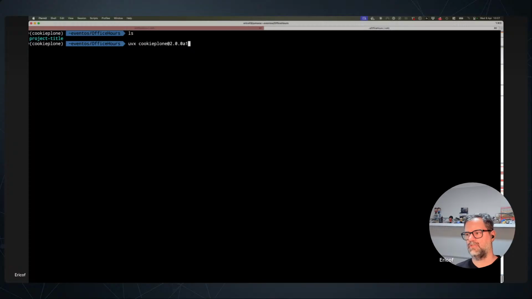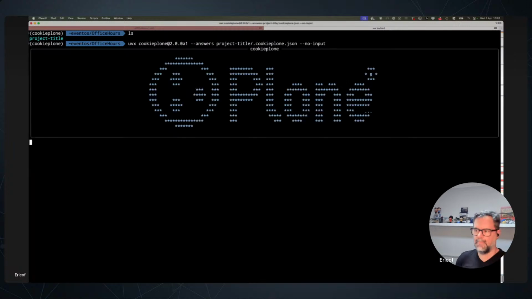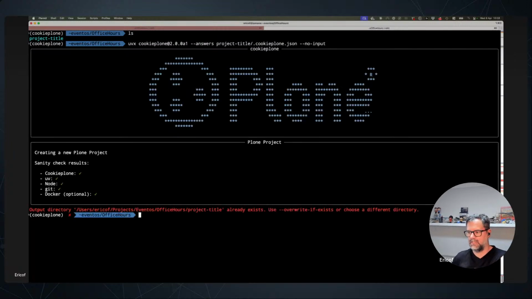So what I'm going to do is, using the answers already present in here, if I try to run this, and I'm going to say no input first, it's going to complain to me that, oh, there's already a repo in place. Maybe you should use this. There's a shortcut, I believe it's force, but